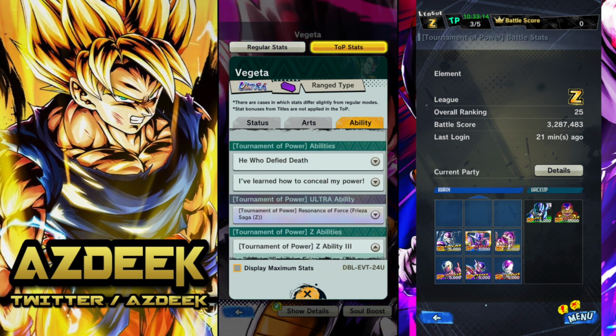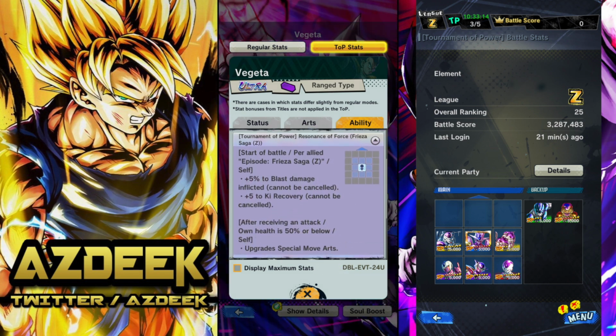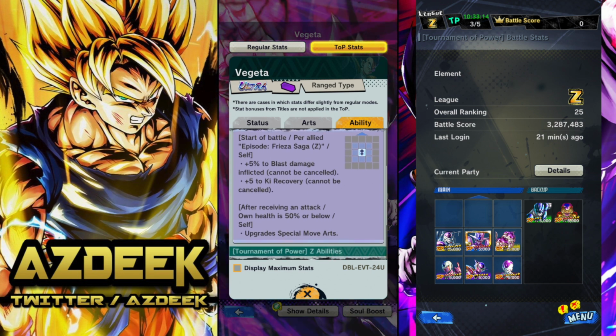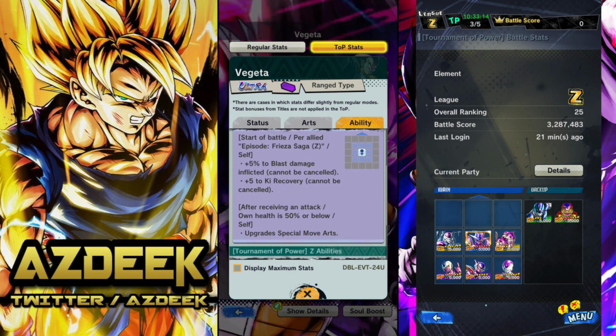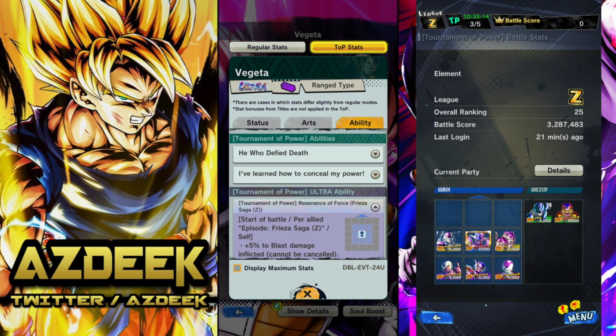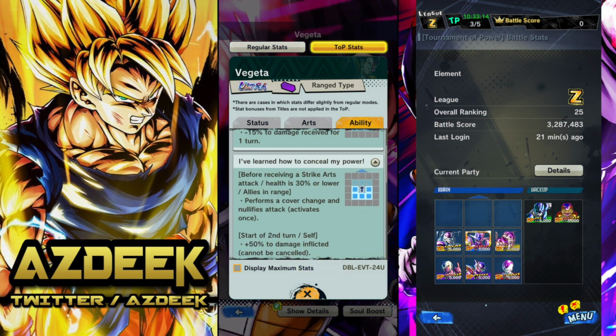And then he has his ultimate, or the ultra ability, where at the start of the battle, per allied Frieza Saga, he gets 5% to blast damage, 5% to ki recovery, and then after receiving an attack, he upgrades his own special move to the Dirty Fireworks version of his special move, right? He has pretty basic unique abilities, 40% to damage inflicted, 15% damage cut, but he has a really good cover